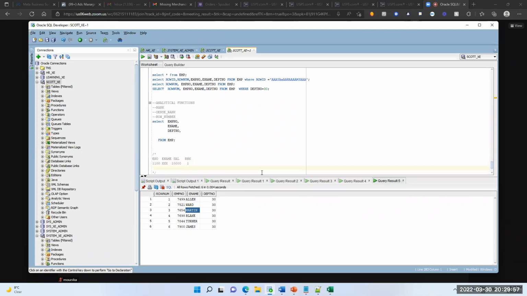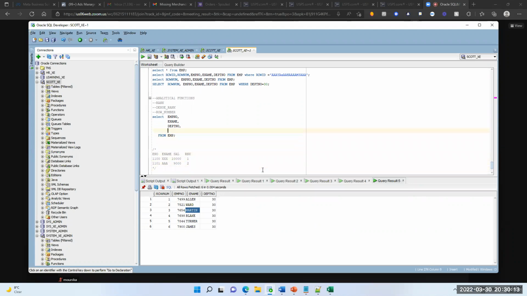And second one, 1101, AA, 9,000, it is 2. I want to show this one actually. I want this result set. For that, what I need to write is how rank will work, how dense rank will work. I'll show you here.